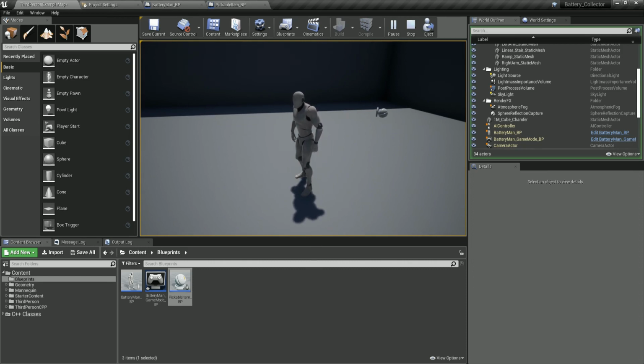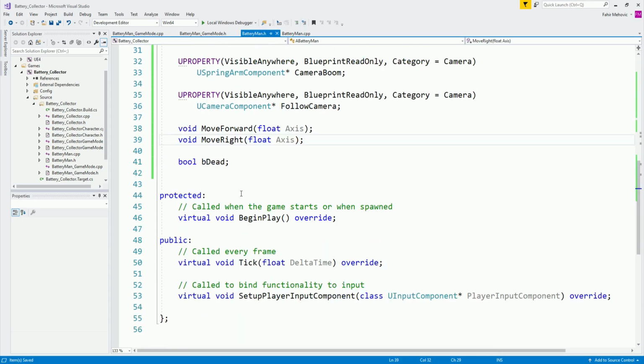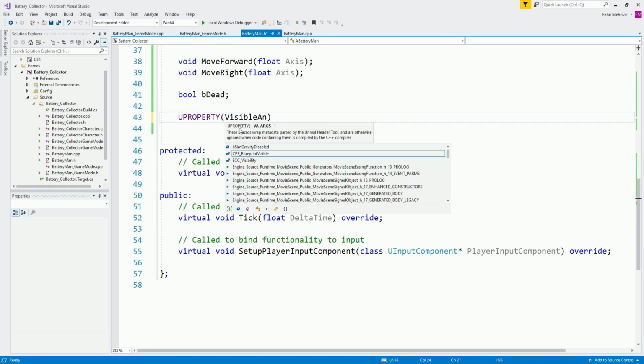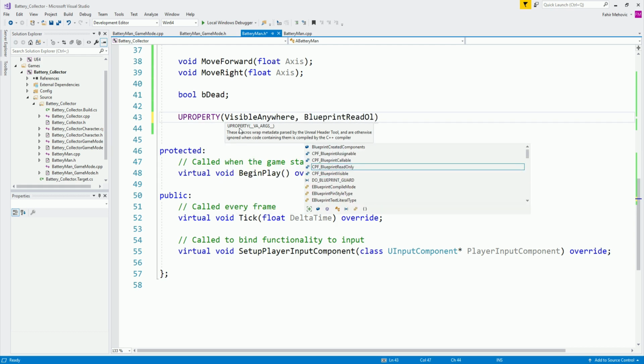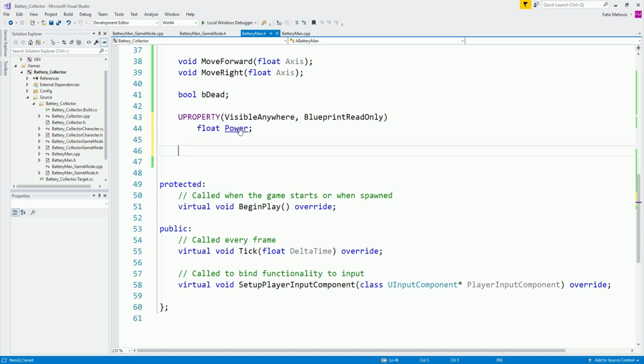Instead, what we want is to detect collision when I go over it. So in order to do that, we need to go back over here in the blueprint, and for the BatteryMan .h, right here below the dead, we're going to declare a couple more variables. The first variable is going to be UPROPERTY, and this one is going to be VisibleAnywhere, and it's going to be BlueprintReadOnly. I need to do this BlueprintReadOnly because this variable is going to be our float power. We are going to access it inside of a blueprint. If I don't add this BlueprintReadOnly, we will not be able to access it,